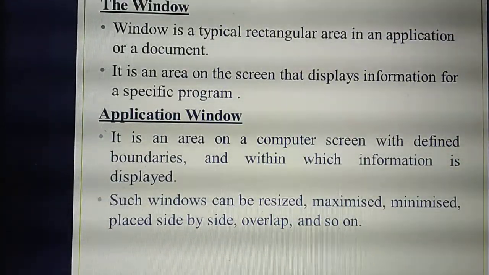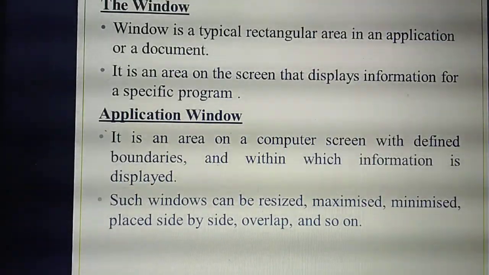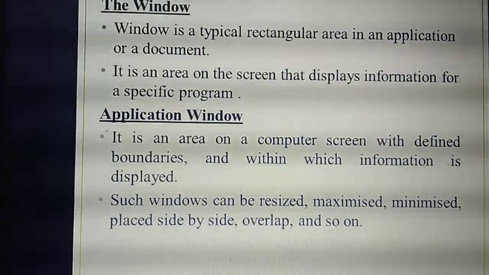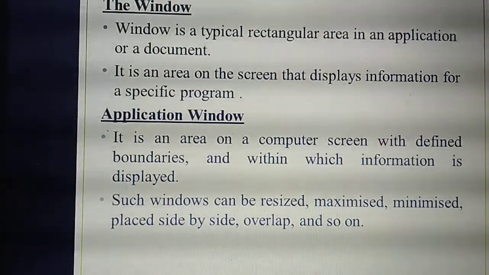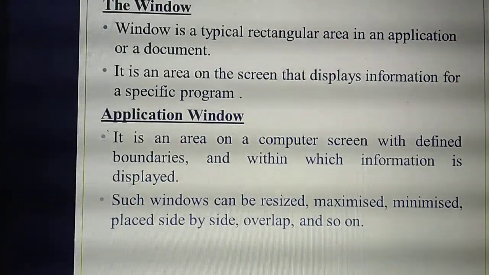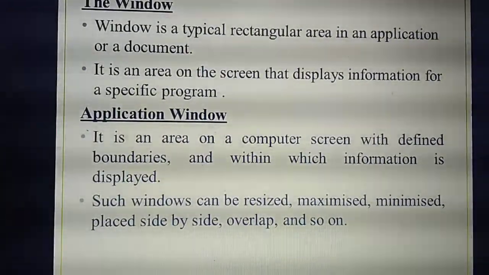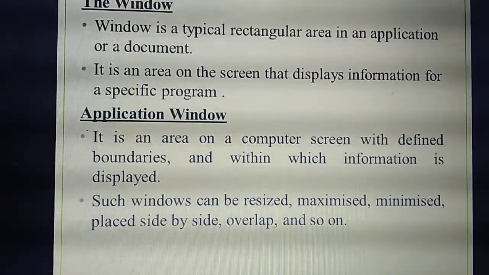I can type and display contents only inside this rectangle portion, isn't it? Yesterday I said I can't display anything outside this white screen. That is called the application window. This window you can minimize, maximize as well as close. That also I explained yesterday.